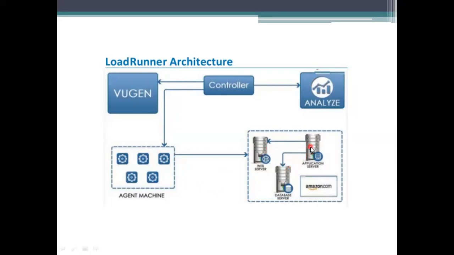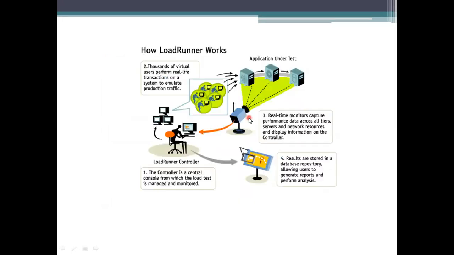This application server has been connected to the database and the web server. It will access the data and process the data. From this application server, I am getting the data of the loads, meaning the users who are connected to it, and the performance of the users will be taken for that controller. And last, we need to analyze that, and we will specify whether it has been used or not.